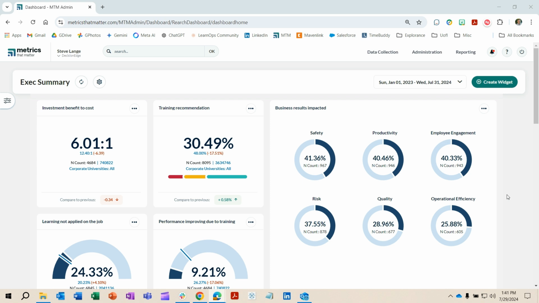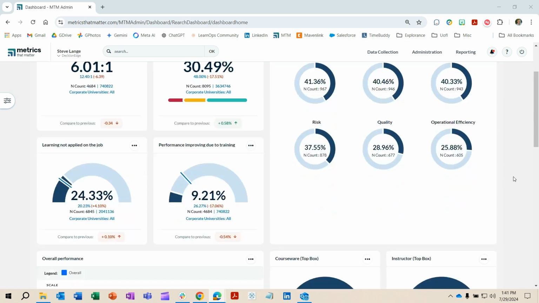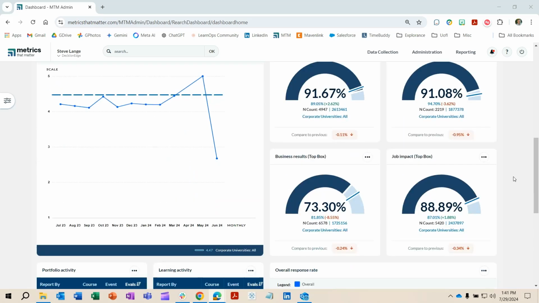Here's an example of an executive summary dashboard with widgets around benefit to cost and recommendations and business results. If we scroll down a little bit, we can see that there's a top box widget here around job impact. And by top box, we mean folks that are choosing that 4 or 5 on a 5-point scale. So they are agreeing or they strongly agree. And we can see here that job impact is really high at 88, almost at 89%, and is above the